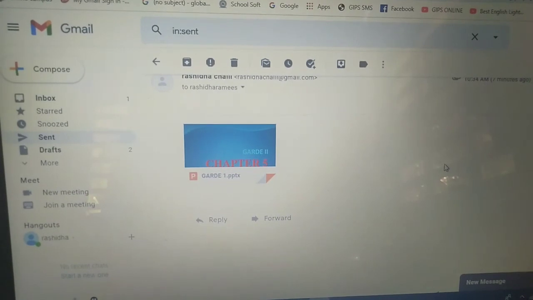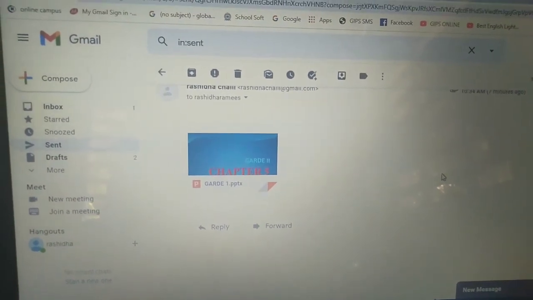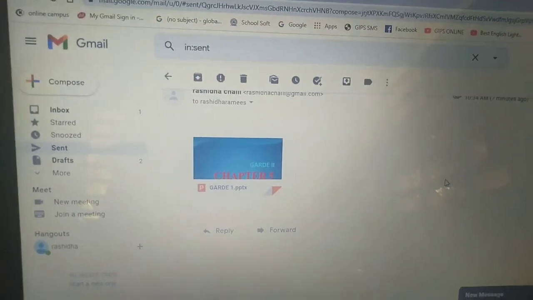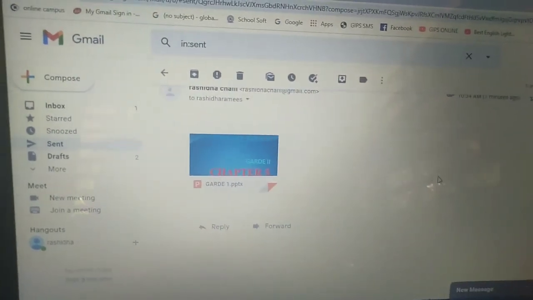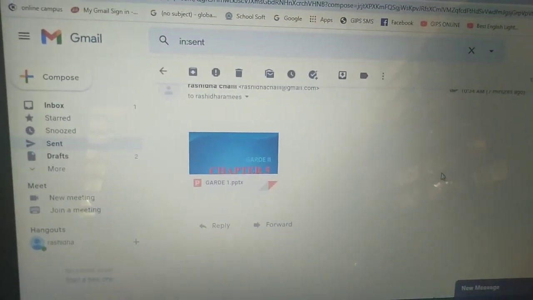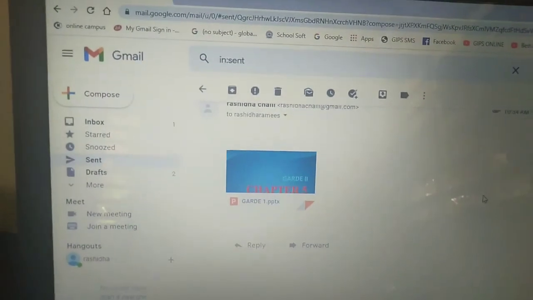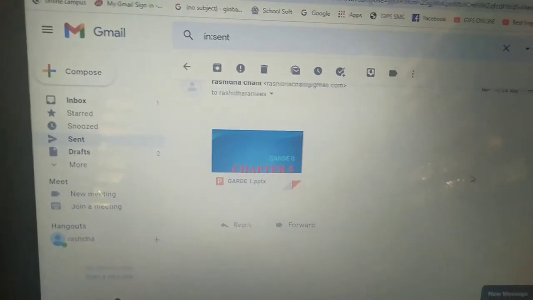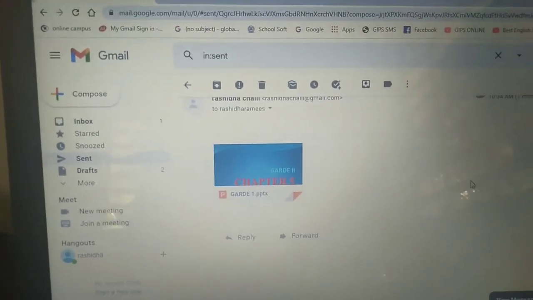Then you will practice how to send an email from one account to another and how to attach a file to your email also. You can practice with your mobile phone.